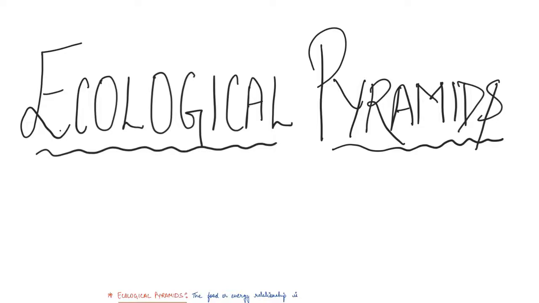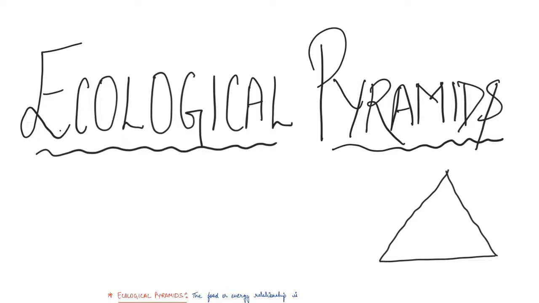Now we are always aware of the shape of a pyramid, right? I hope you guys are aware of the shape of the pyramid, right? So if you see a pyramid, what happens is the base of the pyramid is always broad and then it narrows down as we move upwards towards the apex, right? So if you see the relationship between food or energy and organisms at different trophic levels.